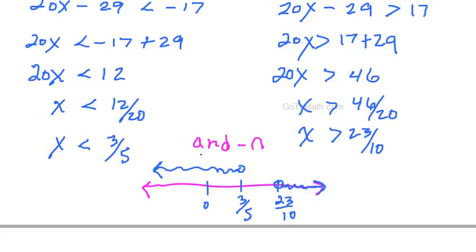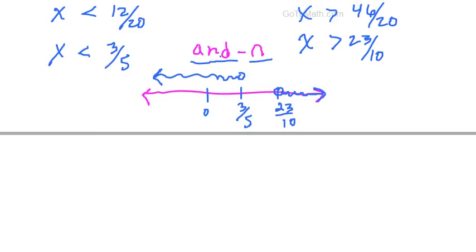Now, I want you to look at something here. We're using the word and. In other words, when we pick a number on the x-axis, it must satisfy both this inequality and this inequality. And remember, it's intersection. What do both of these sets have in common? Now we write this set, intersected with this set, 23 over 10